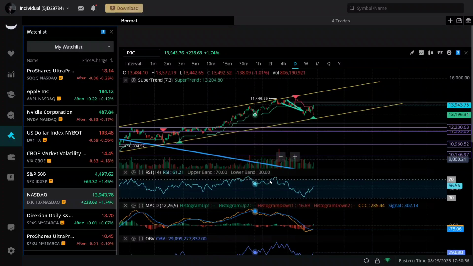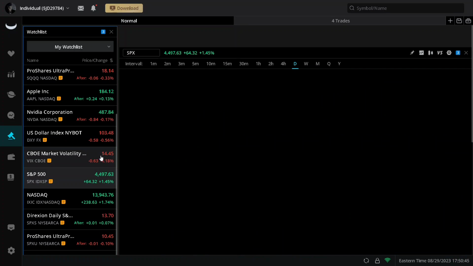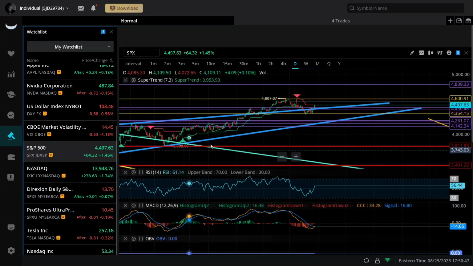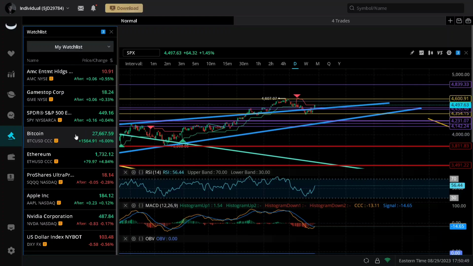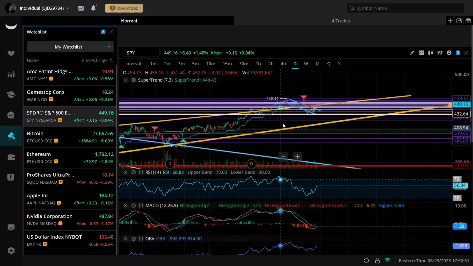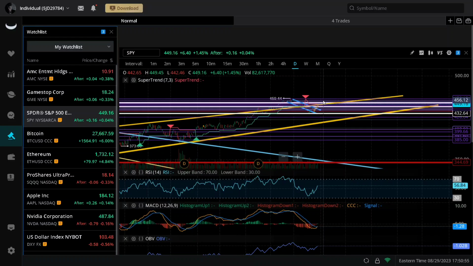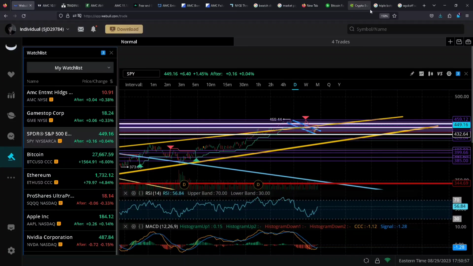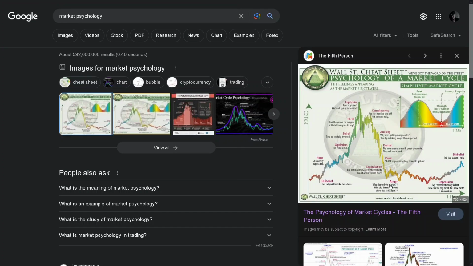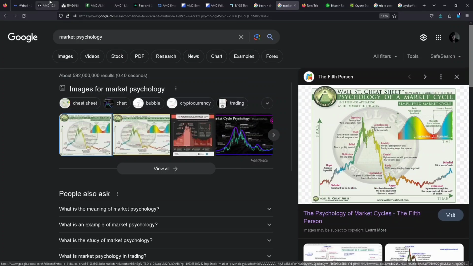I'll feel so much better once this gap fill is gone and we can just see overall gap fills to the downside. And I do think this overall bearishness will come into the market after the last bit of bulls get roped into the most major bull trap of the century, which I do think we're about to see formed here on SPY and on NASDAQ as it ropes in the last little bit of bulls, suckering them into buying at the top, and then it's going to dump to the downside and into a massive capitulation, which goes into anger and depression, and the people holding the bags up here are going to be holding for quite some time.